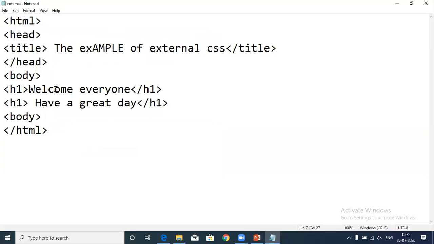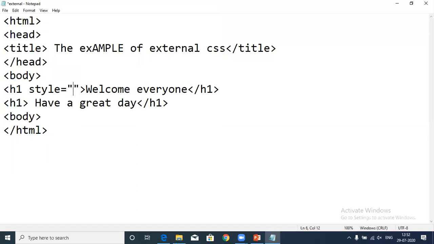First of all, I'm going to define inline CSS. When we define the style of a tag in the same line as the tag, that kind of CSS is known as inline CSS. How are we going to define it? Here we write the style attribute equal to, and under double quotation marks you define the different properties.